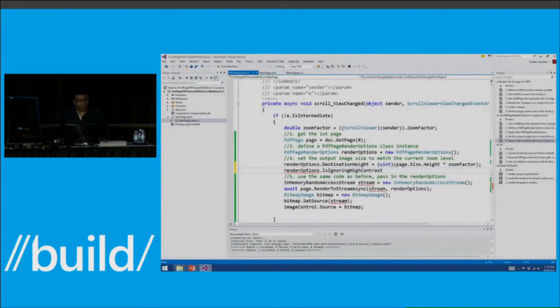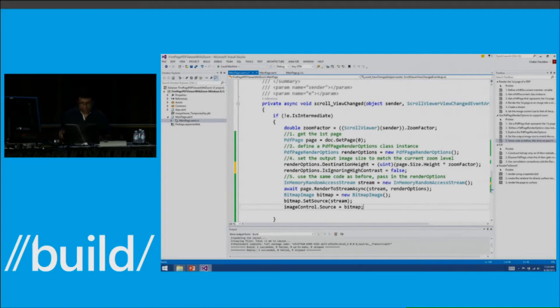Options dot is ignoring high contrast. I don't know why it's not picking that up. Hopefully it will work. False. Yeah, there you go.